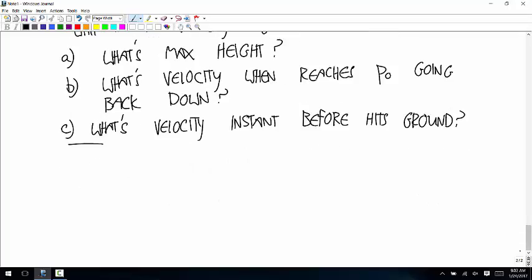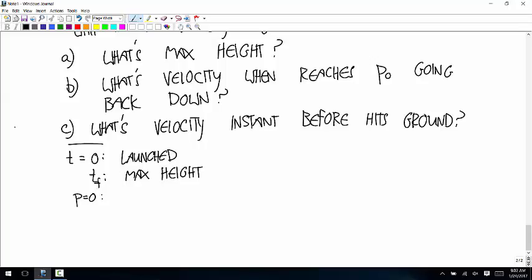All right, so first we have to make those 4 choices. Our time equals 0 instant is going to be when it's launched. Time final for part A is when it reaches the max height. Our p equals 0. Usually for these free fall problems, I choose p equals 0 to be the ground or whatever is the base of the, if it's over water, I choose it to be the level of the water.